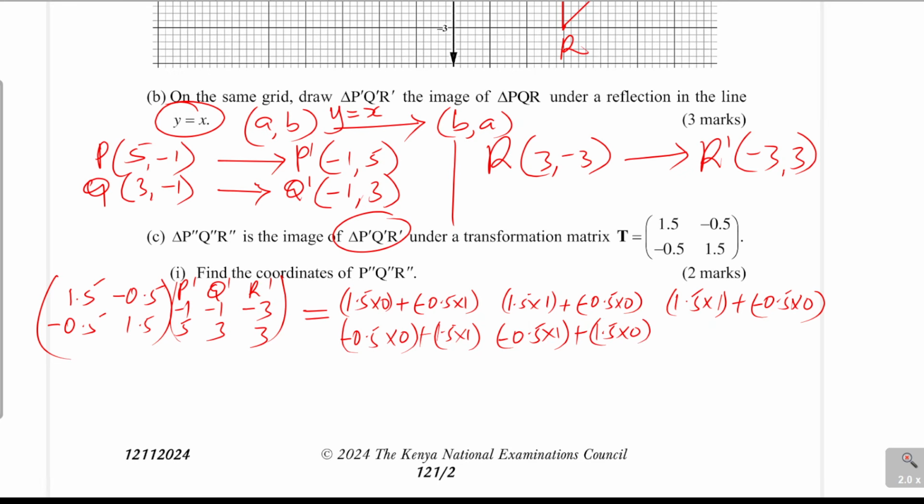Now the second row, third column, that will give negative 0.5 times 1 plus 1.5 times 0, like that. So okay, this one use a calculator, and use a calculator very fast. You will get